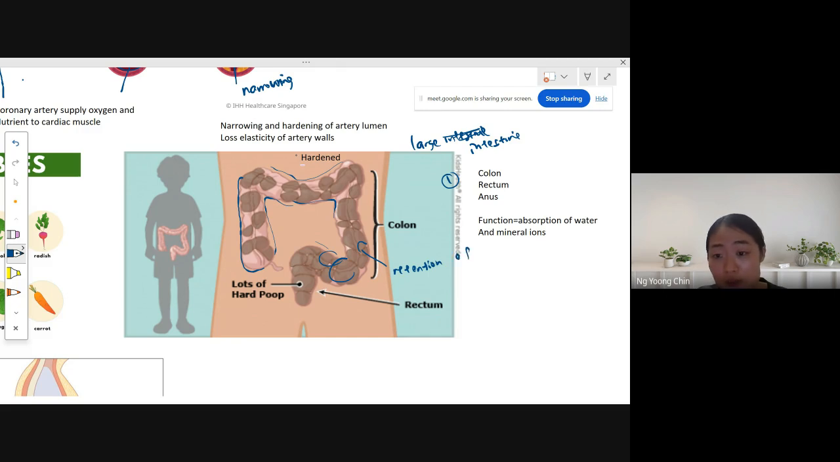Retention of moisture within feces. Why do I say it this way? Because you can imagine that water is just like a lubricant. Water is a lubricant. Whenever your feces have a lot of water inside, the water helps to lubricate it